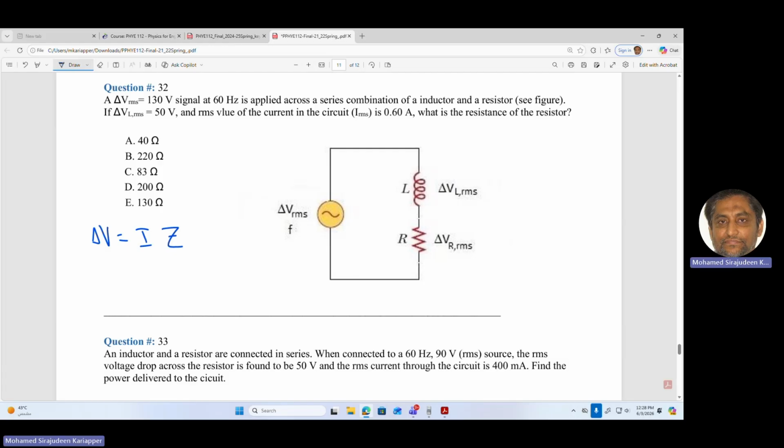Resistance, reactance, everything. And the impedance is given by, in general, for an RLC circuit. Now here, do we have capacitance? No. So this is 0, you can cancel it. So that means delta V equal to I